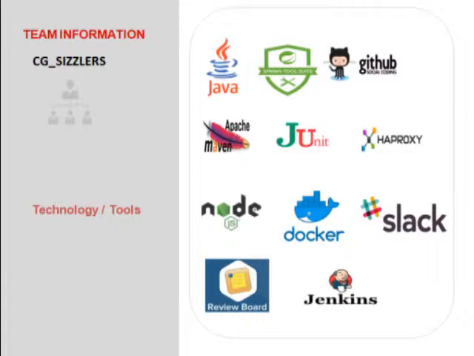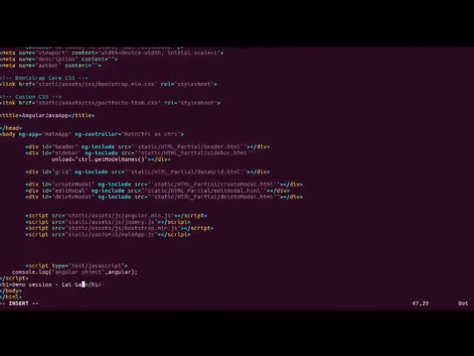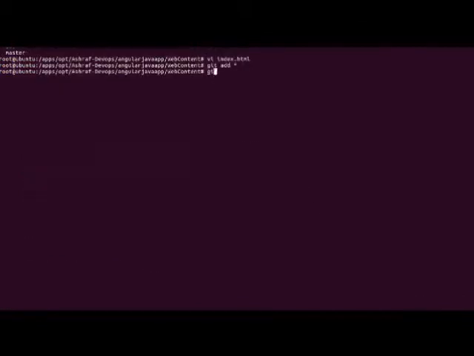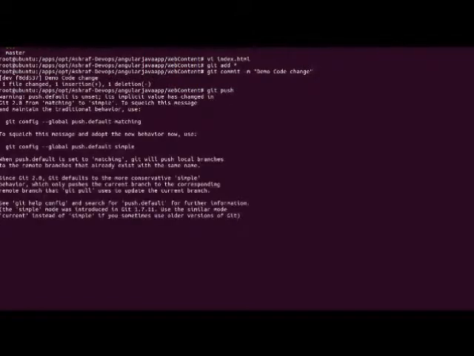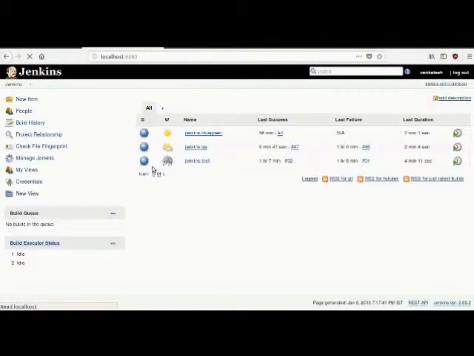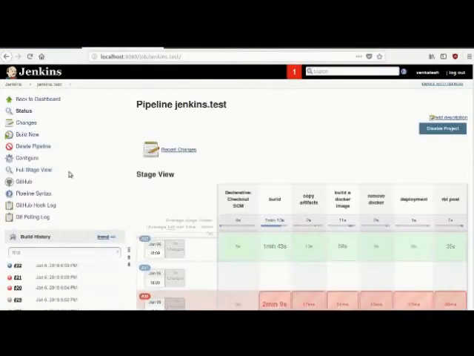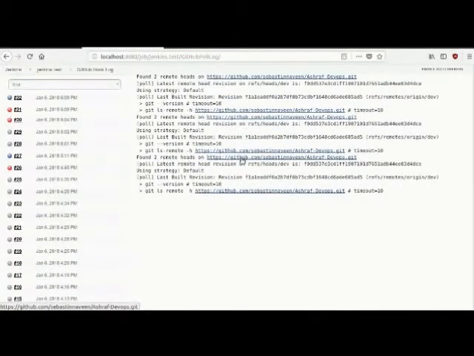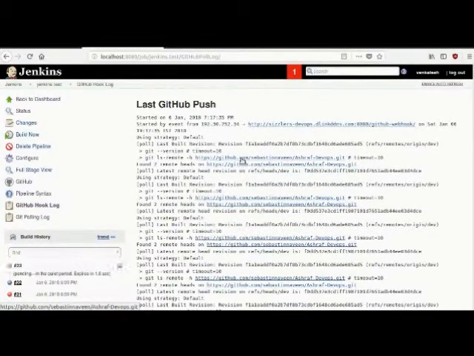So I'm just trying to make some changes to the code. This is a sample code that we have. It's a Java code. Okay, so we just made the changes. So you're looking at the changes that I'm doing to this code. Okay, and I'm committing the code here. It's a git push, and once the git push is done, we have a Jenkins webhook that's being triggered,